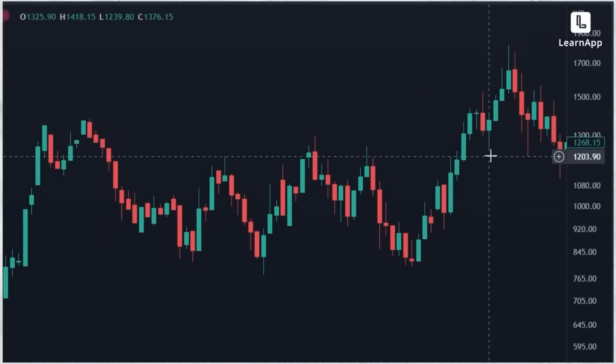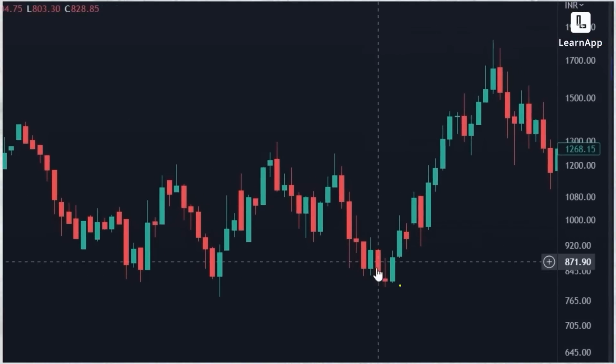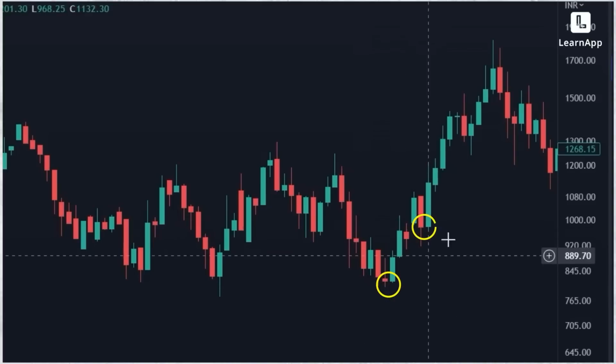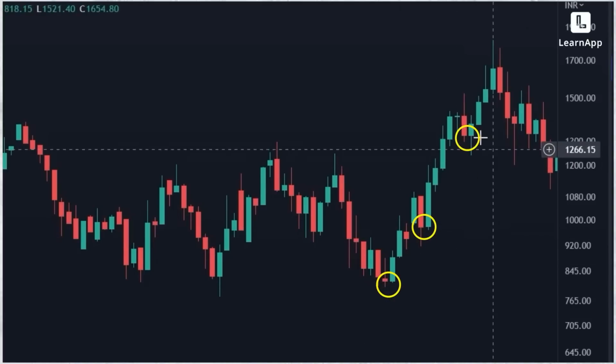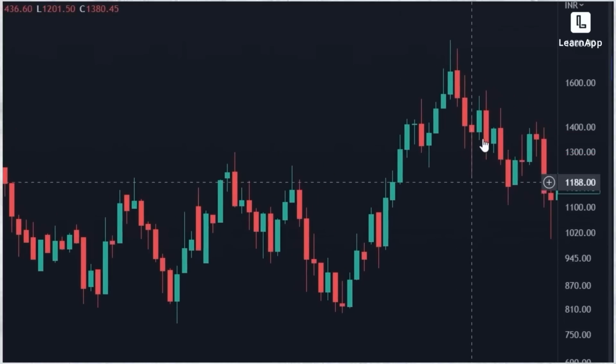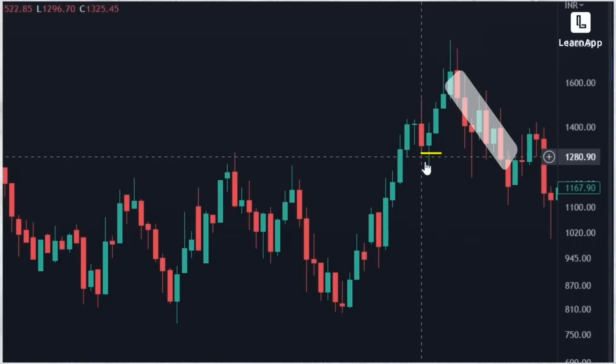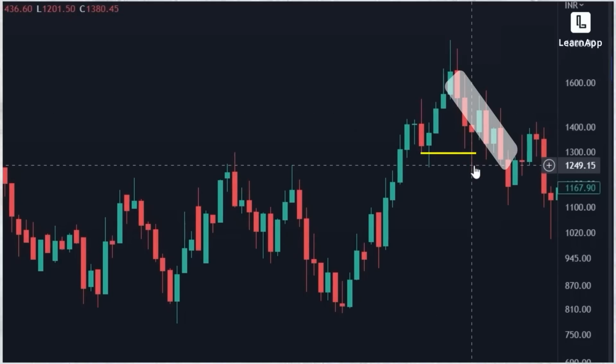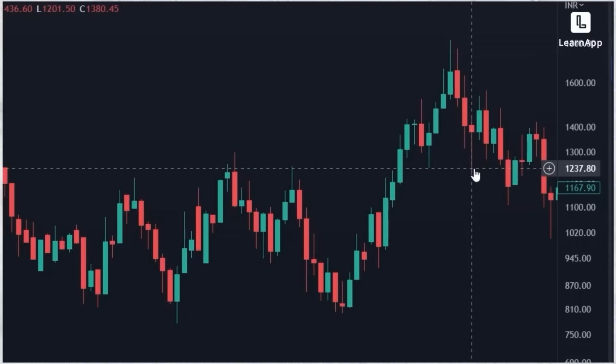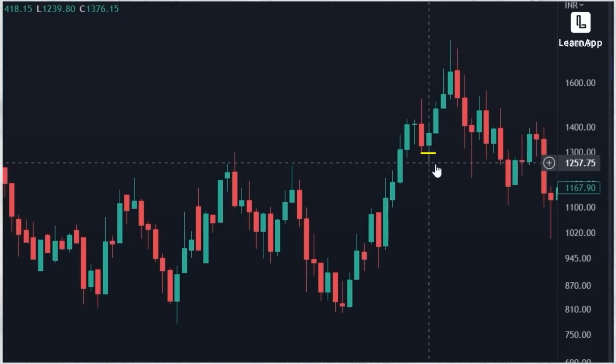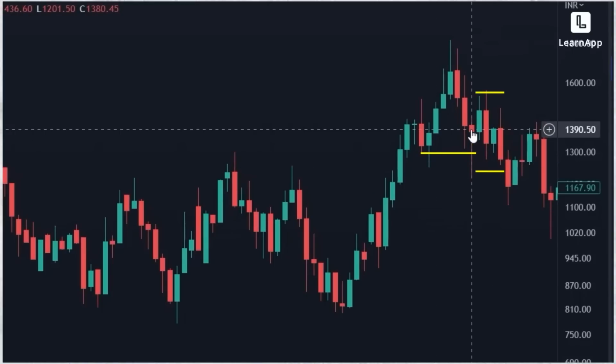So let's see what is our latest swing low. Over here, we can see we have one swing low here. We have another swing low here. We have one more swing low here. And then we have this pattern which broke this swing low. We don't need the candles to close below any of this. If it just touches and goes significantly below it, it's enough. We can see here that this swing low was broken and the market went sideways.